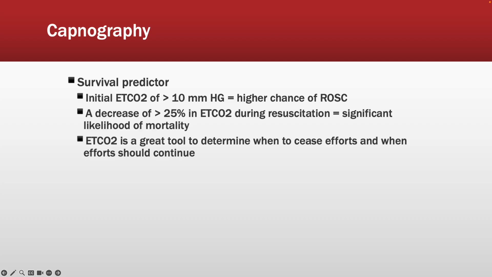So say you were doing compressions and you were at 20, just to make the math a little bit easier, and then you have a drop down to 12. That's greater than 25%. It's almost a 50% drop. That's going to tell you you've got a much lesser chance of getting this patient back. Okay,